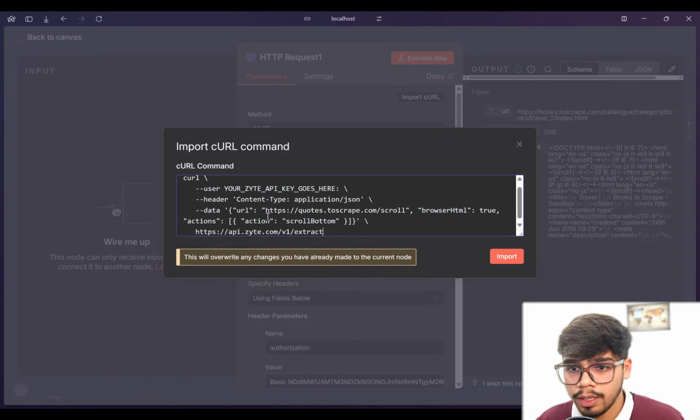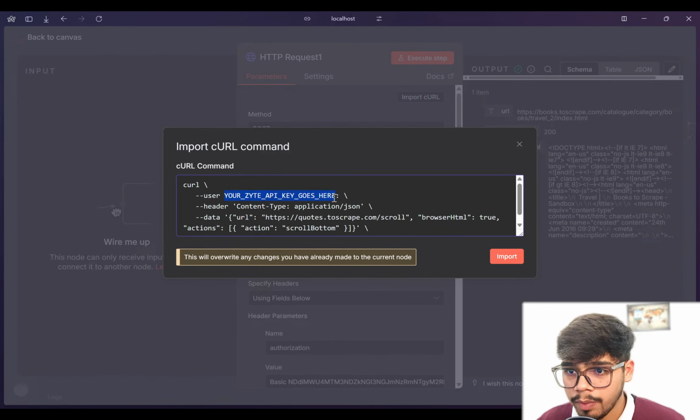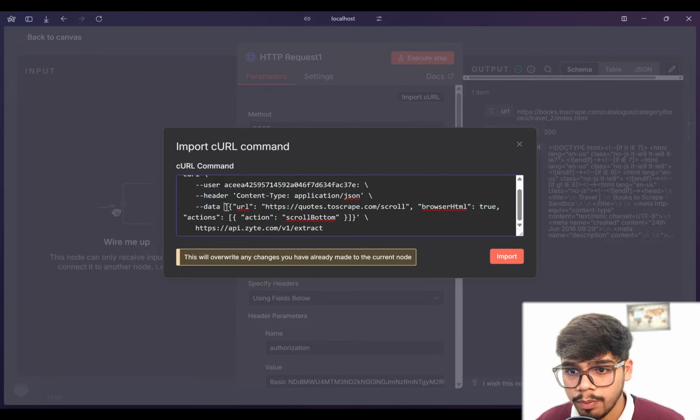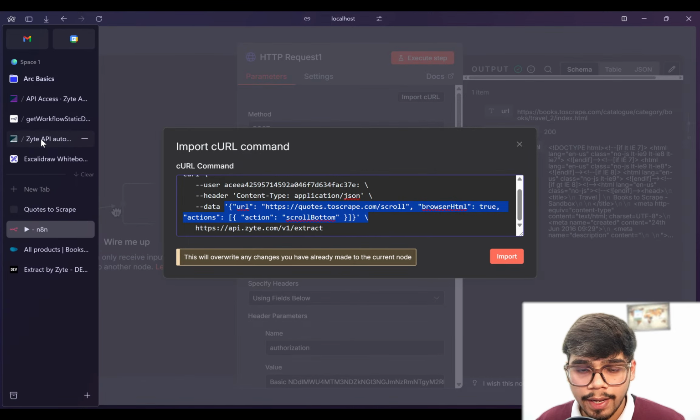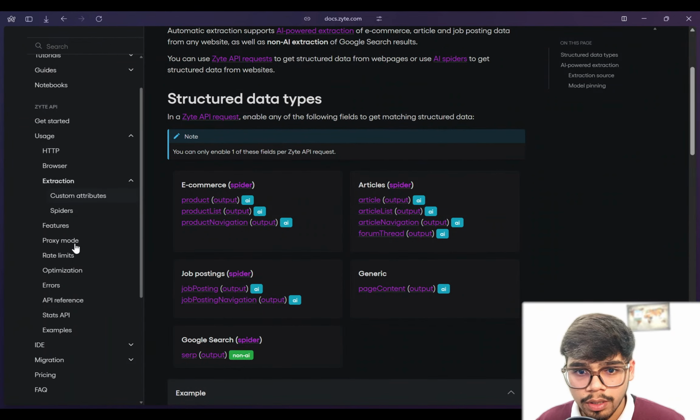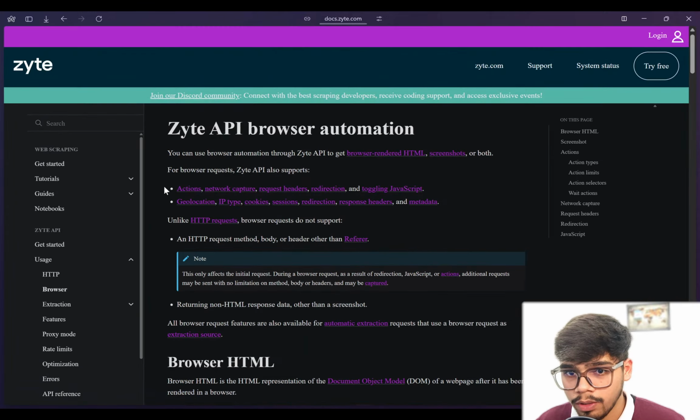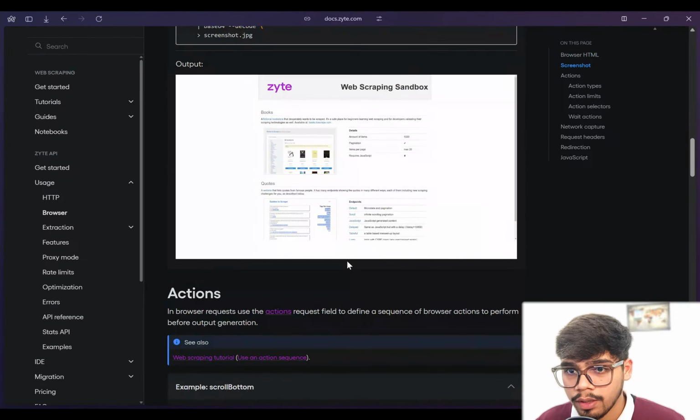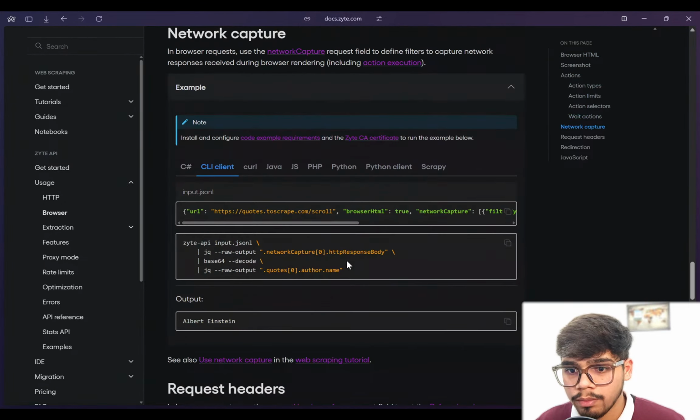So basically in every command you just need to keep it the same. The only thing you are replacing is the data field here. So I'm going to quickly give my API key. I hope this time this will work, and you will see we are just making the changes to this data field. And any feature that you go for from the docs, if I am doing the infinite scroll, you will see I'm just making changes to the